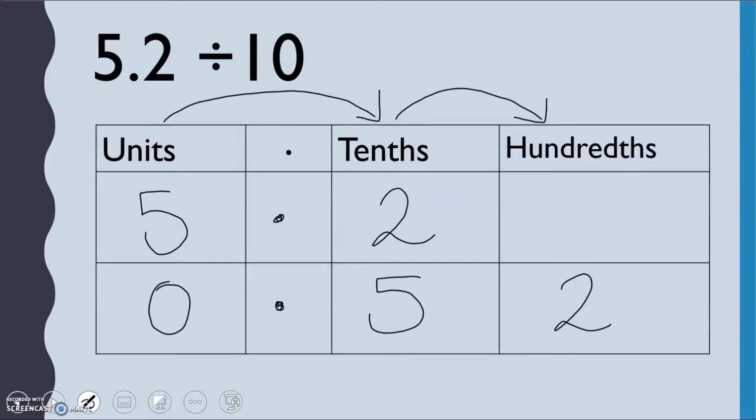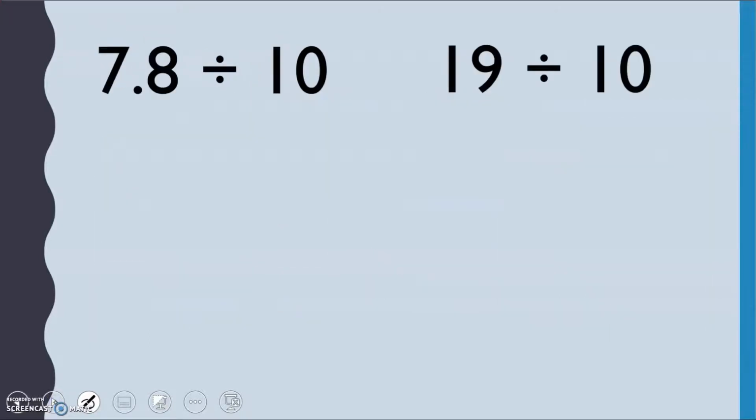So another way to think about this then is that we are moving our decimal point forward a space for every 0 that we have. And if there's no number in front of that first one here, like in this case, we need to put a 0. So it's 0.52. So same idea, I've got 7.8 divided by 10, so if I move my decimal space